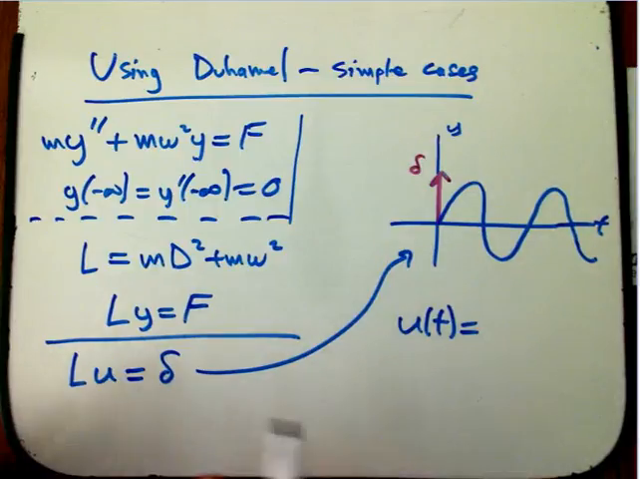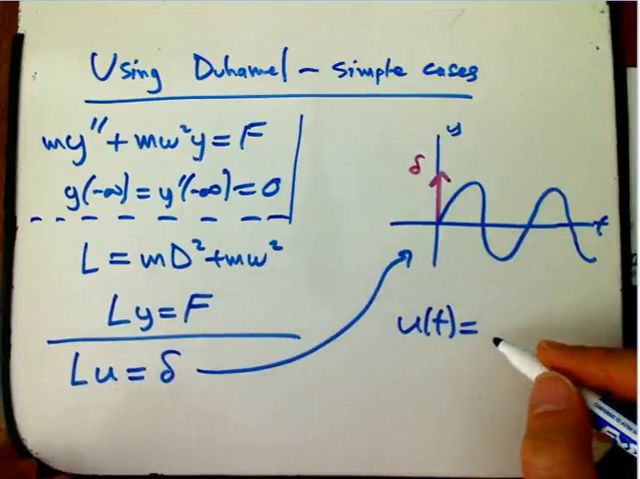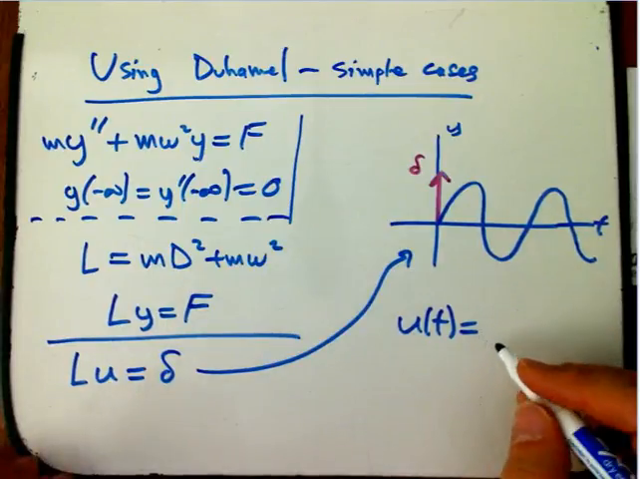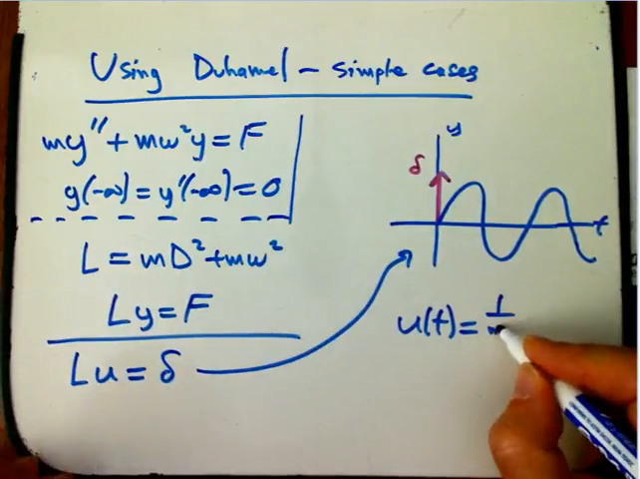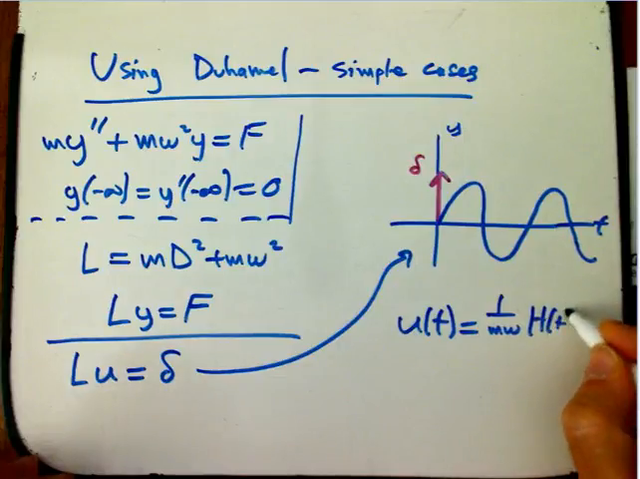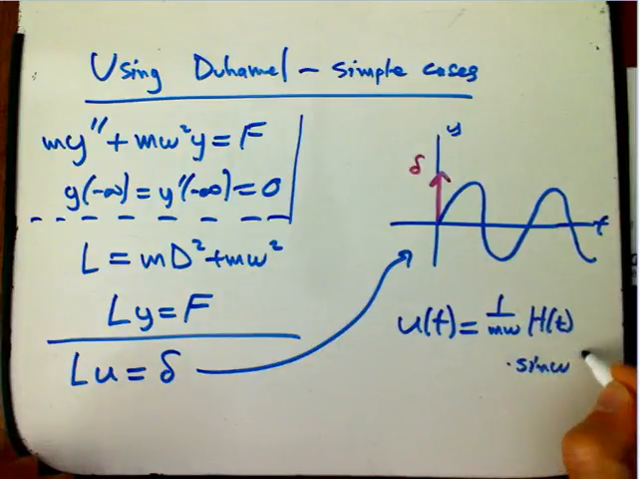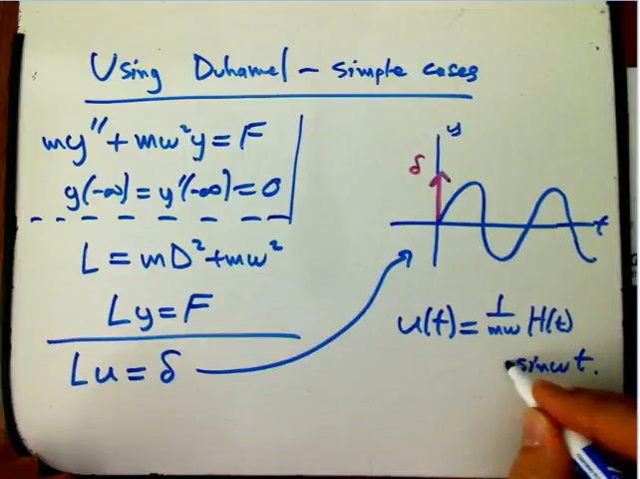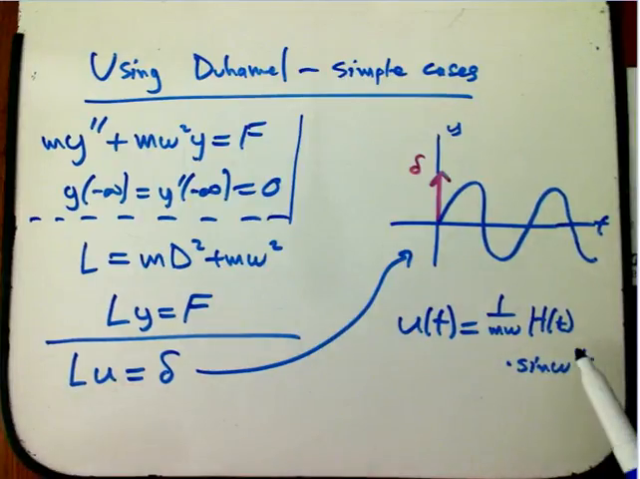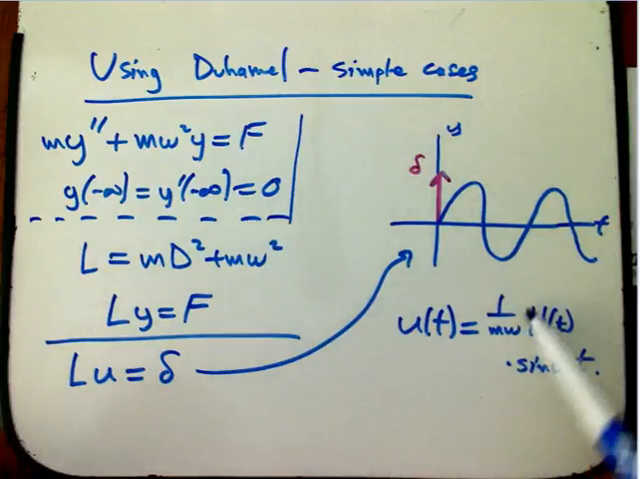Although in the next handout we'll talk about the kind of boundary and when you really want things to be functions. U of t is, to get the coefficients right, 1 over m omega, I believe, unit step function H of t times sine omega t. Okay, it's just a sine wave with the right frequency that turns on at 0, and then this makes sure that when it turns on,